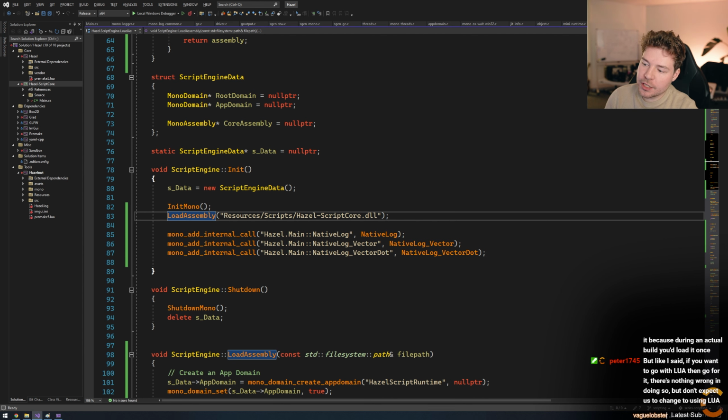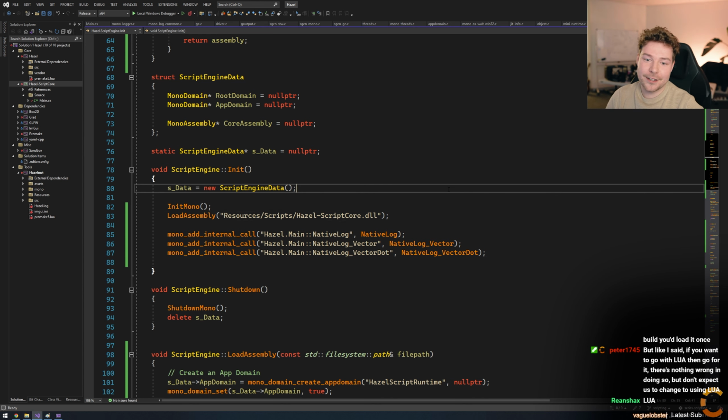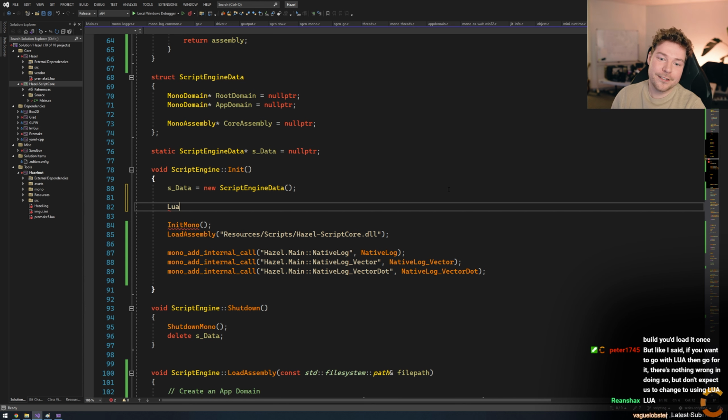Okay, you guys in chat really have to stop capitalizing Lua. It's funny because you guys are talking about Lua, but you don't even know how it's written. Lua is not capitalized. I don't know why people capitalize Lua. I remember this being a thing at EA as well. People would just be writing Lua like that and we're just like, oh guys, please, please stop capitalizing Lua. It's written like this.